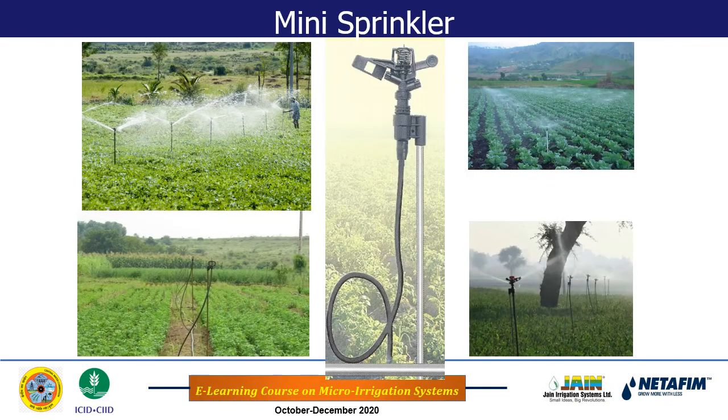But in case the farmers don't want to shift the sprinkler set, because the sprinkler set has to be shifted after irrigation is over, the field is wet, then we have to move in the wet field, dismantle the components of the sprinkler irrigation system, and then move these components from the portion of the field which has been irrigated to the next portion of the field, and this causes a lot of difficulties. Okay, and in order to avoid these difficulties,